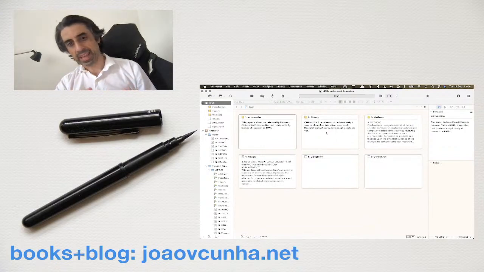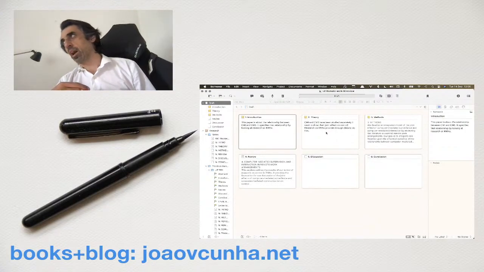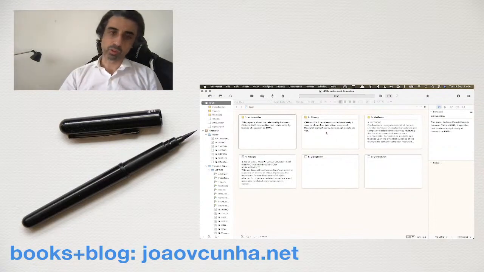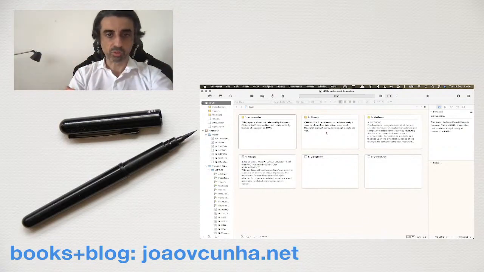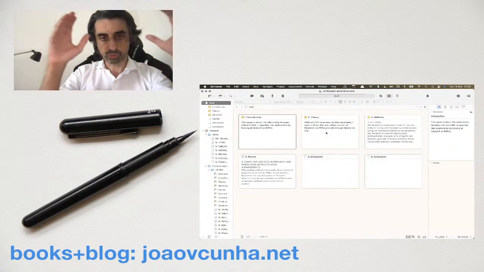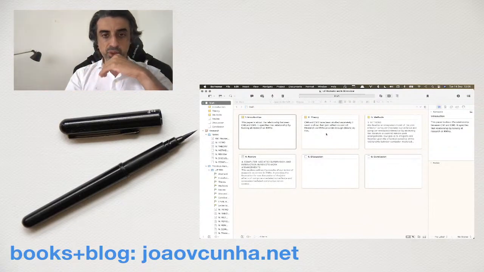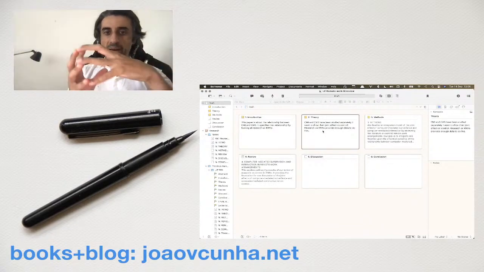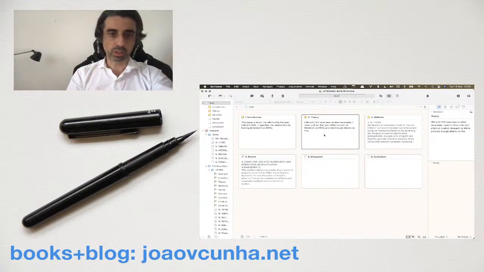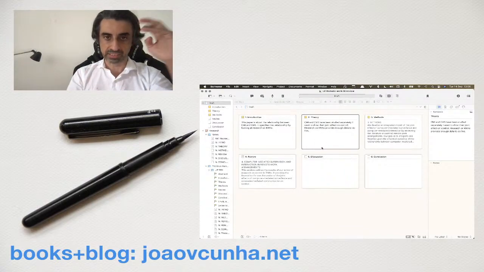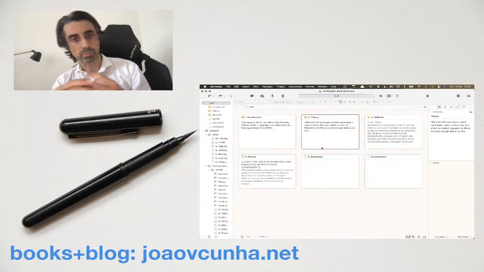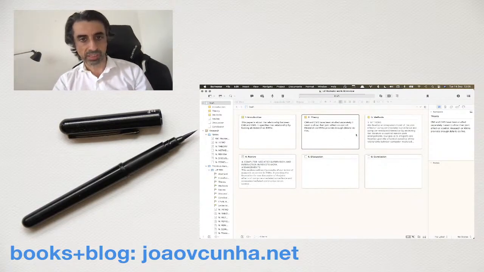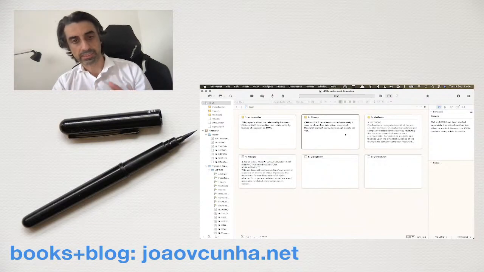I also really like this idea that you're doing a little bit of discovery writing. So discovery writing is when you're writing, sort of like you're thinking as you write rather than you first outline and then you write. So this is discovery writing, but it is constrained. Obviously, you can write as much as you want in each of these index cards, but for me, just the format of the index card invites me to just write within these boundaries, write a little bit of an abstract